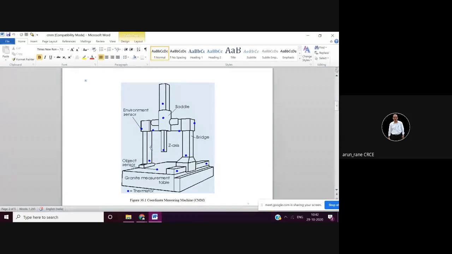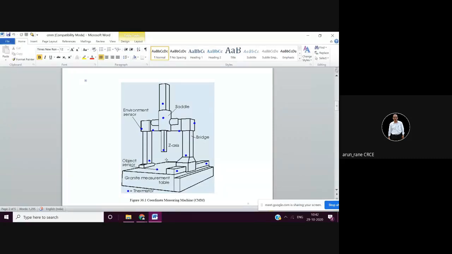So if it is a mass production, like suppose if you want to check many components, normally we don't use CMM, because if you have to inspect many components, then you go for plug gauges or slip gauges. But if your batch size is less, and the accuracy requirement is critical, then CMM is the answer. So in that case, if you have a batch of say 10 pieces or 20 pieces,